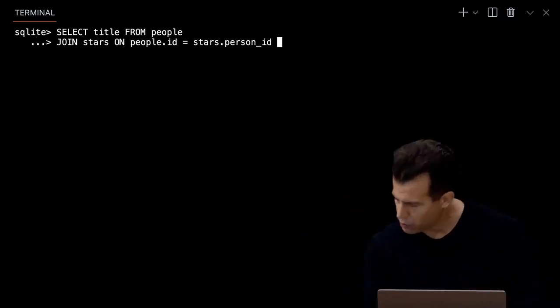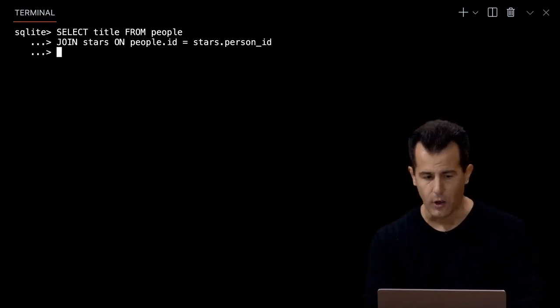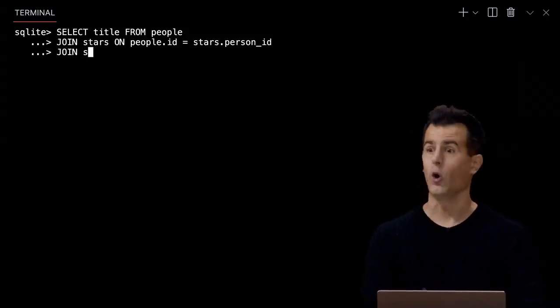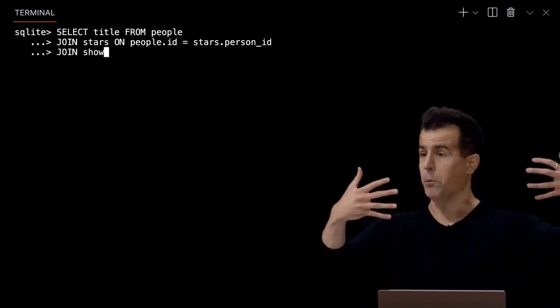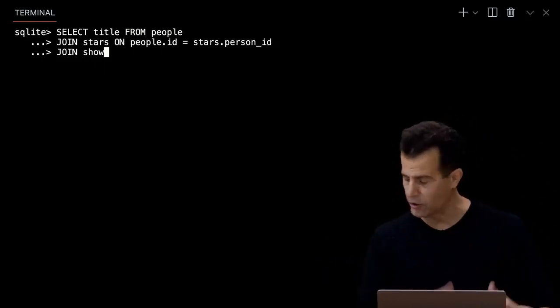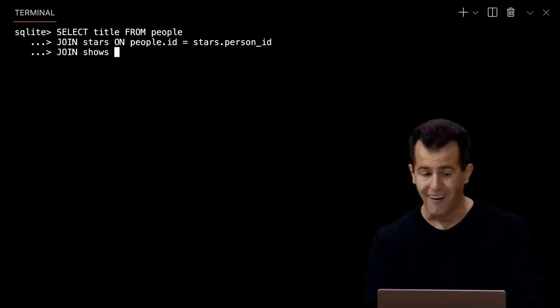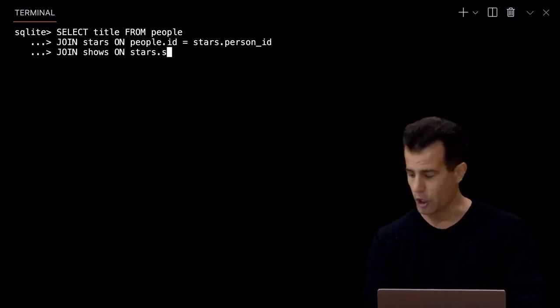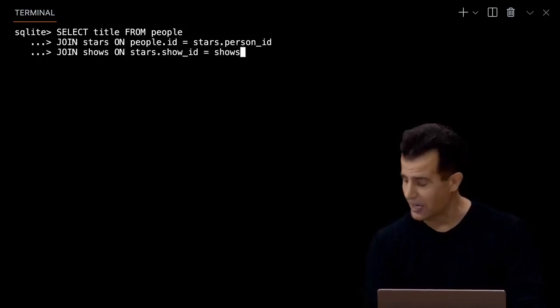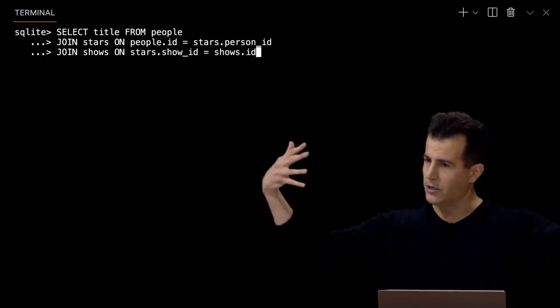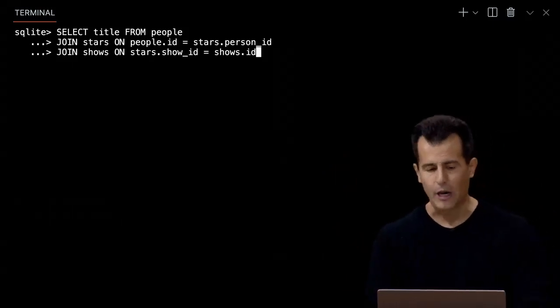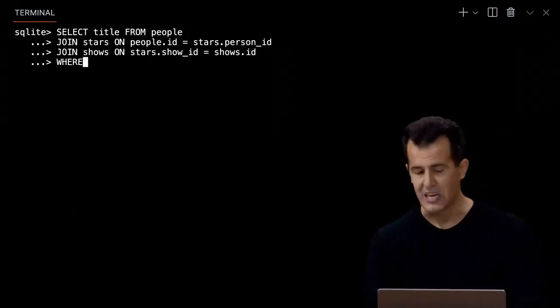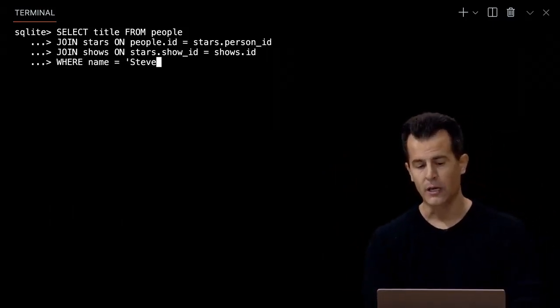But I want to do this as well with another table. Let me additionally join in. So now I only have two hands, but now I'm putting a third table joined in together here. Join shows on stars.showid equals shows.id. So this is now linking three tables together. But I only care about this for one person, so where the name of the person equals quote unquote Steve